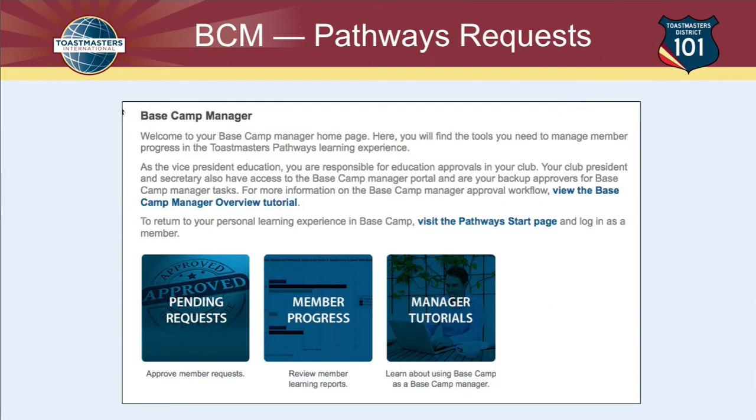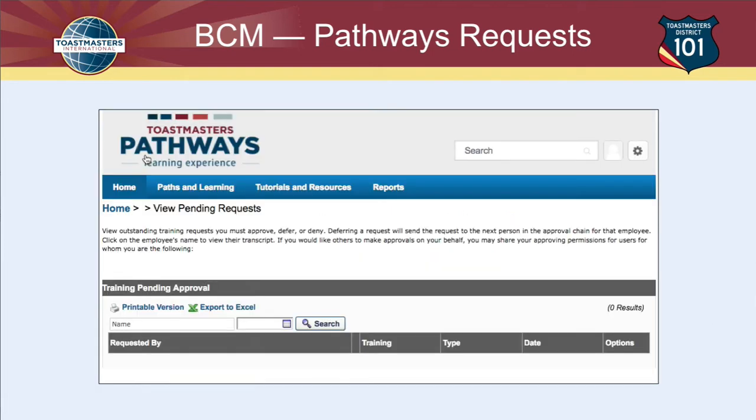One of the most important tasks that a Base Camp Manager has to do is to approve people's requests. For example, if somebody finishes level 1 of their path, they will submit a request for you to approve it. They don't get official credit for it until you approve it as the Base Camp Manager. So over here on the left, this button, Pending Requests, is maybe the most important thing that you have to do. If you click that button, it brings up a screen that will look like this to view the pending